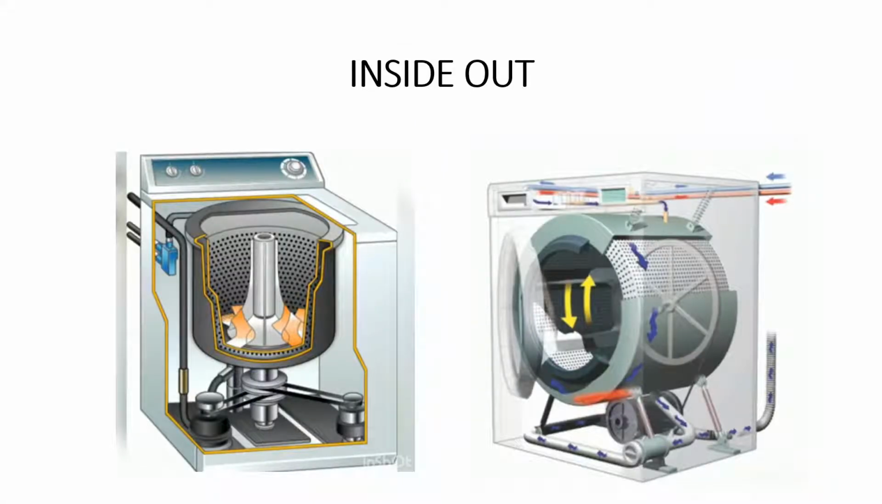If I take an inside-out look, washing machines come in different designs, like top loading, front loading, etc. The left hand side is a top loading machine and the right hand side is a front loading machine. As we already discussed, the agitator is one of the major parts. This is the agitator, which is sitting inside the tub. As you can see here, this is the tub, this is the inner tub and this is the outer tub,